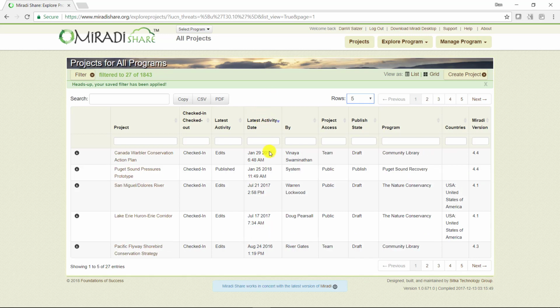Again, I can sort the list based upon most recent activity by clicking on the column. Projects with a project access of public can be viewed in detail in Miradi Share, and you can even download the Miradi project file to Miradi Desktop. If the project access states team or organization, you can see some high-level content in Miradi Share, but you can't see the richer data or download the project unless you've been granted access as a member or partner of the